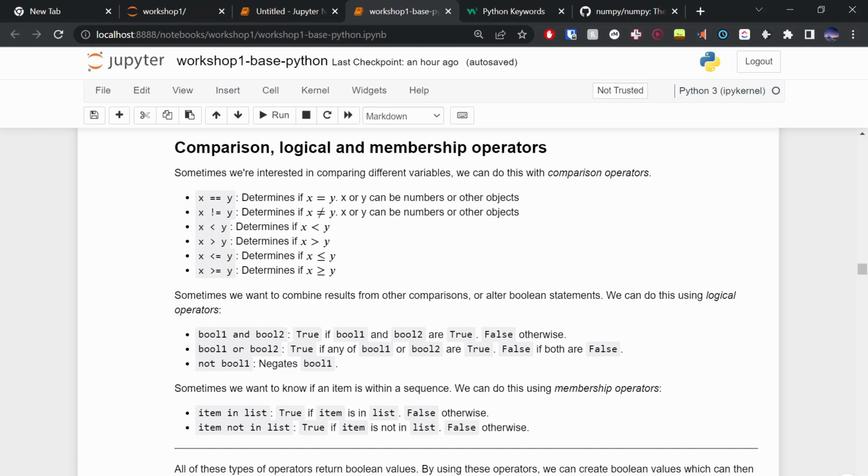Maybe we're interested in this number x, and we want to say, is x an even number, right? So if we wanted to see if x was an even number, what we can do is take x modulo 2. If x modulo 2, which is basically saying what is the remainder after we divide x by 2, is 0, then we know that's an even number. If it's 1, we know it's an odd number.